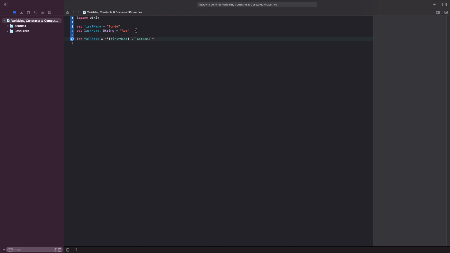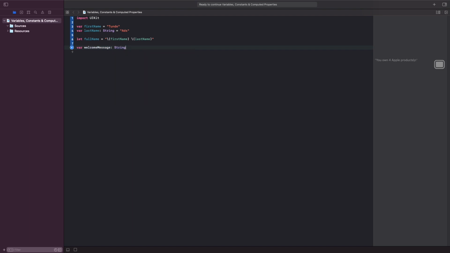So the final point was to create a computed property that welcomes you and then prints it into the console. So what we're going to do is just do a computed property now. So var, and I'm going to just call this welcomeMessage. You could call it greetingMessage, as long as it is just clear again. And then this is going to be